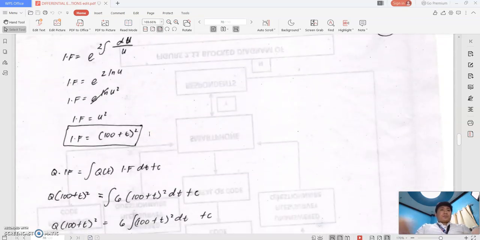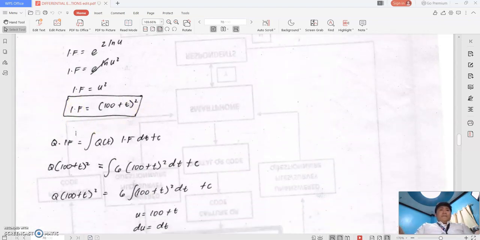So we just substitute it in our u. So now we get our integrating factor. So after that, the process of linear differential equation, so you have q, since this is the variable, so since